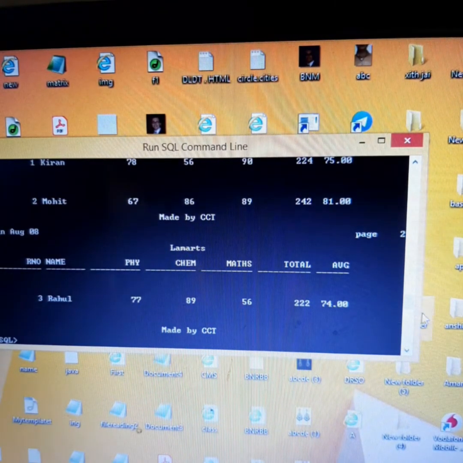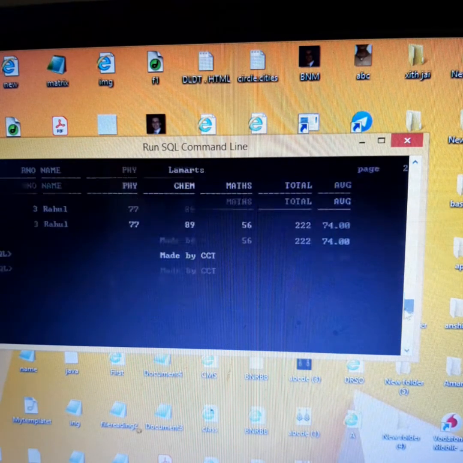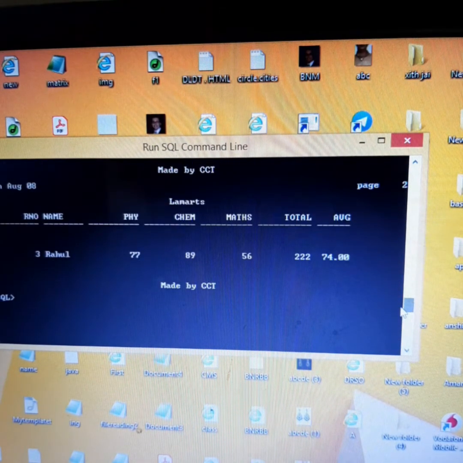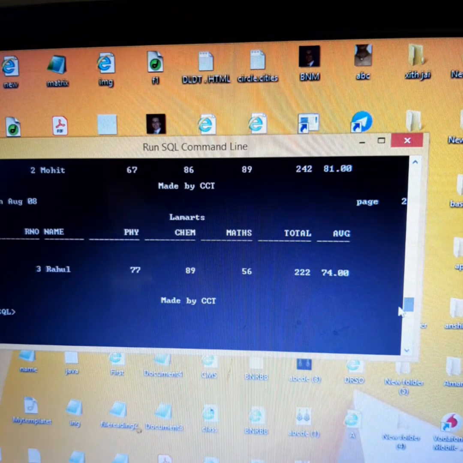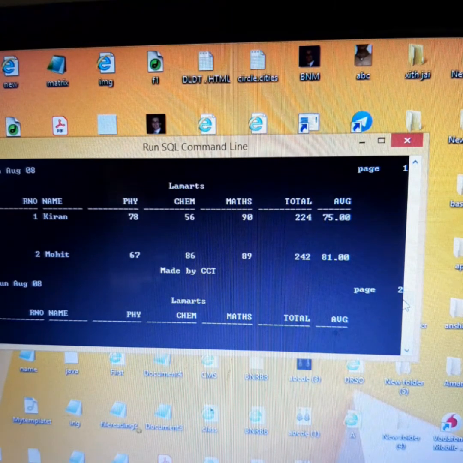Now here we do not have any such record like item or salary that should give a subtotal, so it's unable to understand what we are saying. But if there had been salary, and we wanted a subtotal to be calculated, then we could have said break on salary, skip, and 1 or 2, whatever we want.